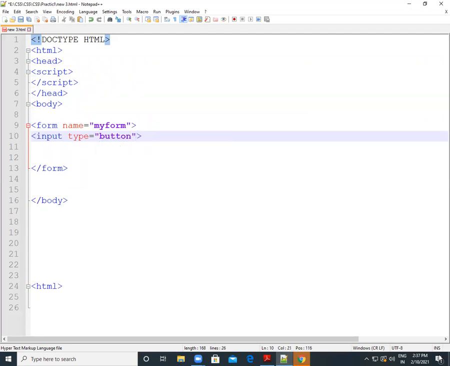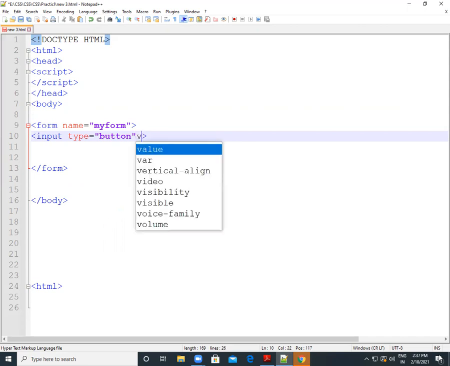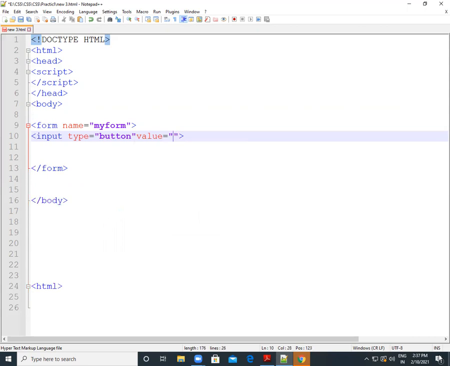Using that button, we open that window and close that window. So we will give some parameters here also. First parameter is value, and for the second one we will use other parameters if we want. So first use the value. Value is equal to open window. Okay, it's simple.